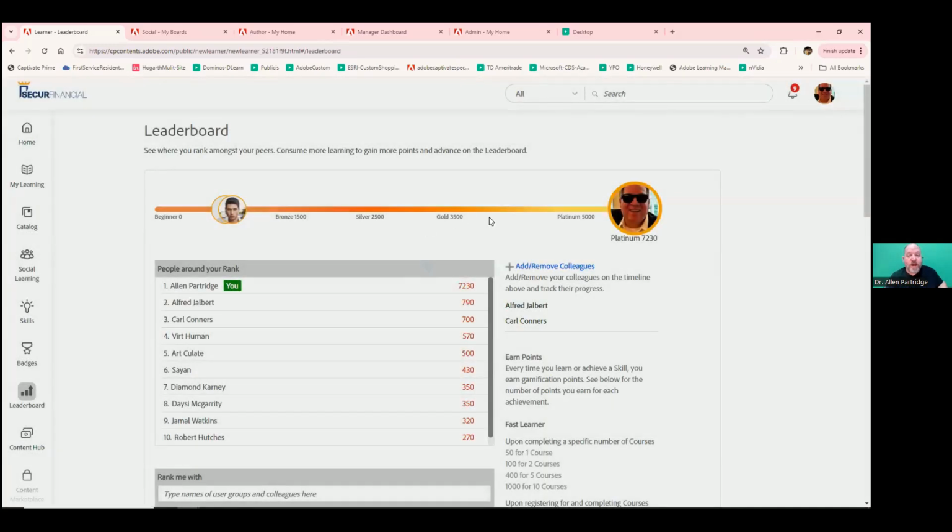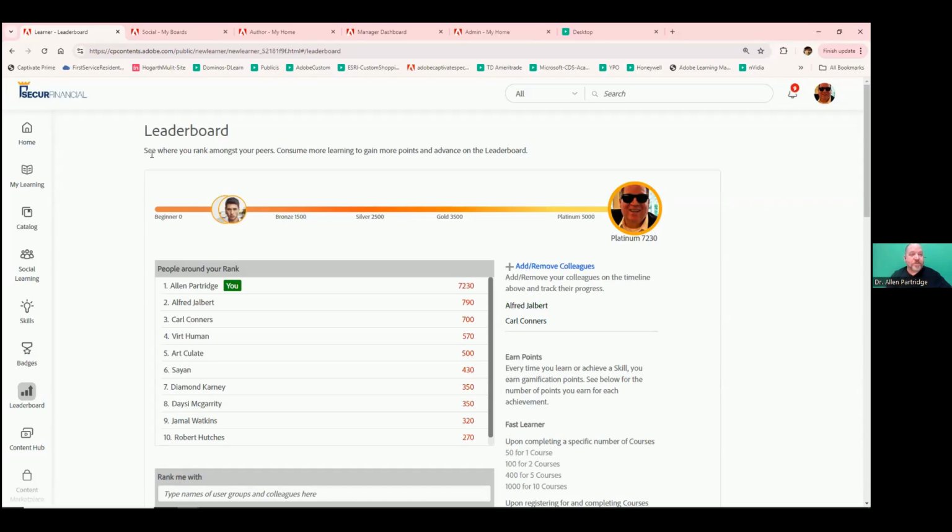The leaderboard allows you to have, again, that recognition of personalization. It identifies who the people are in your working group and where they are in terms of performance in the overall leaderboard. So it gives you a constant metric or a measurement sense, an ability to identify who's doing well and who's struggling, and it also gives you an opportunity to communicate and compete with your